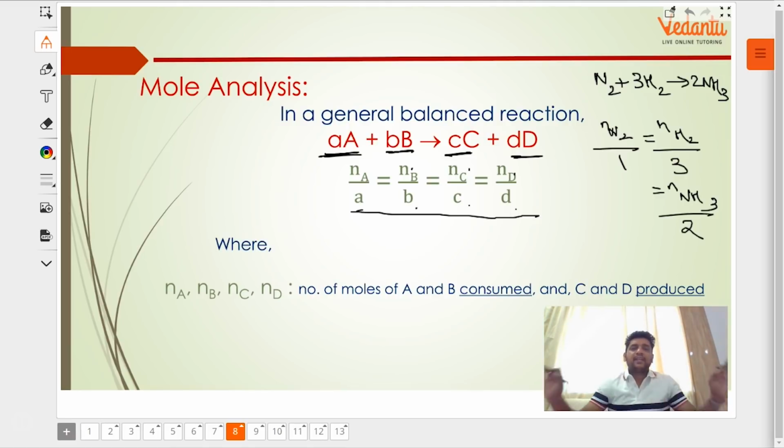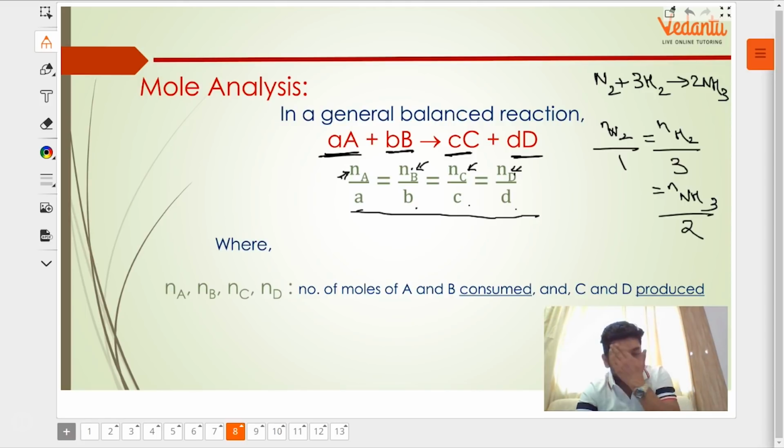बैलेंस केमिकल इक्वेशन मिलते ही आप ये लिख दो। और ये नंबर ऑफ मोल्स, अब स्मॉल a, स्मॉल b, स्मॉल c, स्मॉल d तो आपको मालूम है क्योंकि बैलेंस केमिकल इक्वेशन इज गिवन टू यू, राइट? So if small a, small b, small c and small d are known to you because you already know the balanced equation. If you know one of these न्यूमरेटर्स में से कोई भी एक अगर मिल जाए